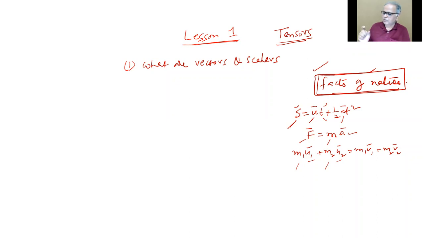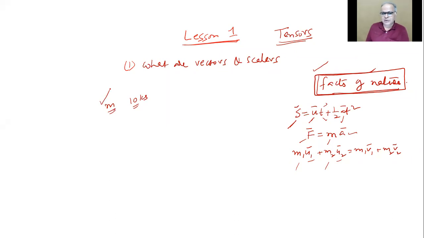A scalar has only one magnitude and no direction, or that scalar quantity is well understood only by giving one number to it. That number is only the magnitude. But vectors are those things which require two numbers. One number is for magnitude, the other number is for direction. What do you mean by that? For example, mass we have. We'll say mass is 10 kilograms. That's all. So one number 10 is describing the nature of this